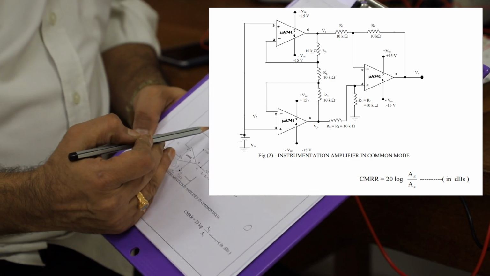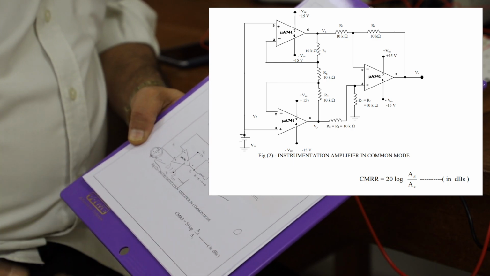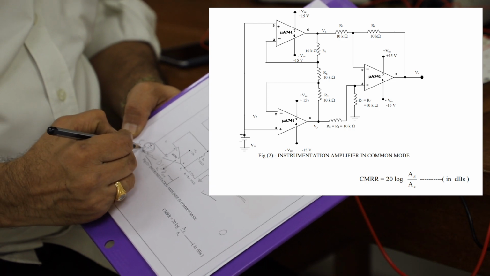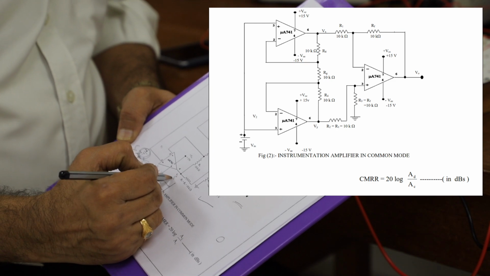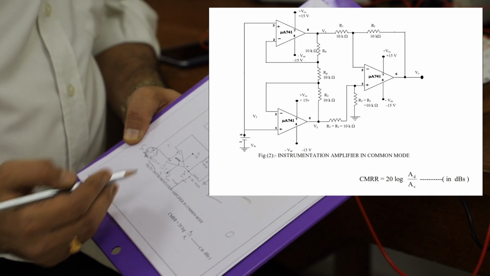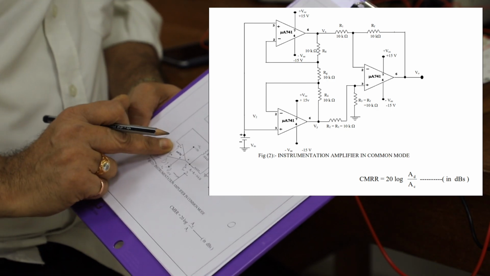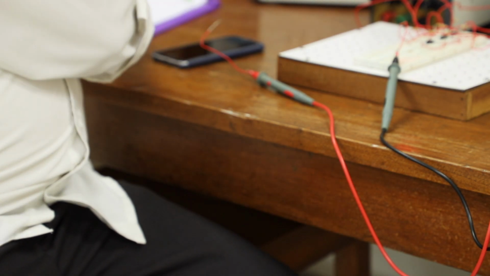Meaning that by the concept of virtual short, the voltage at the minus input will also be equal to the plus input. So therefore, suppose I applied around 5.2 volt as the input voltage, I'll show you that this will also be equal to 5.2 volt, and this will also be equal to 5.2 volt, because this offers a common mode gain equal to 1. So that is the first thing I'll demonstrate, then show you that the output will be in the range of millivolts to get a large value of CMRR.